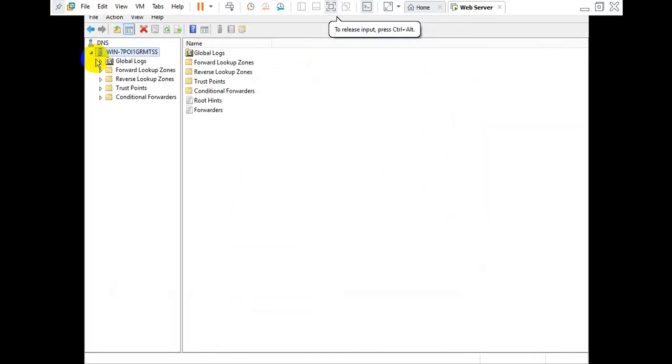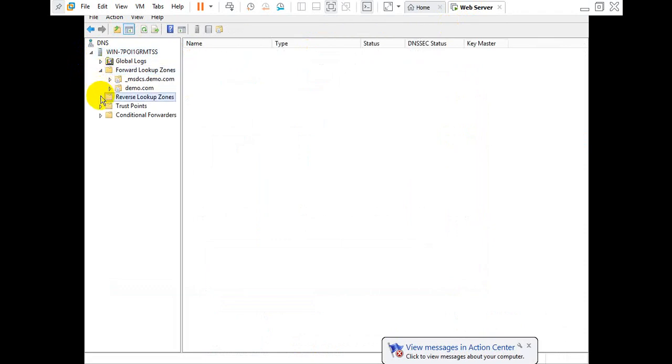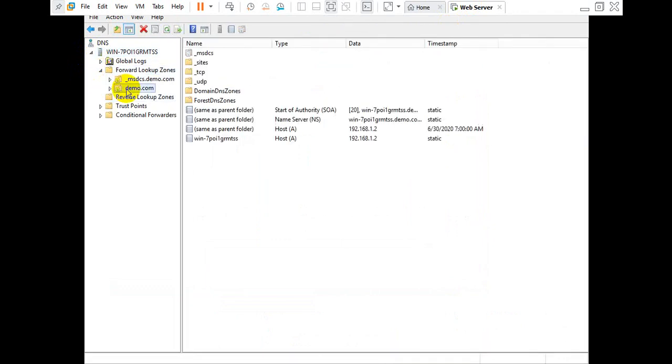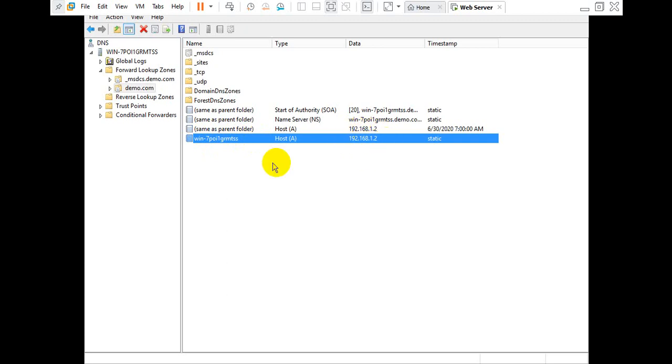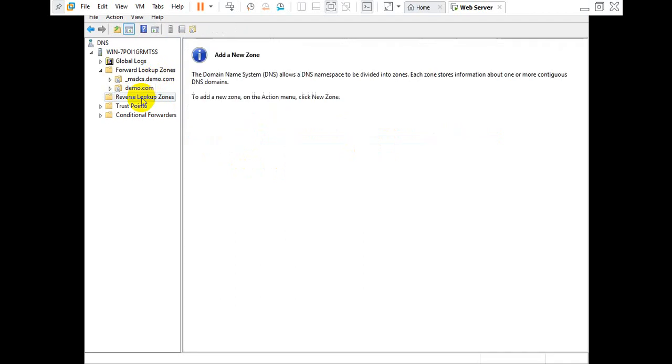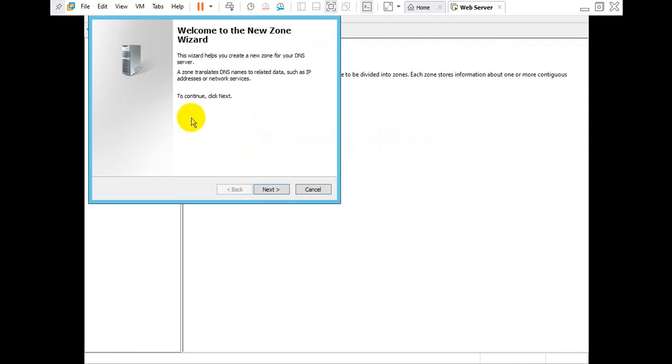Now in DNS configuration we have to put forward lookup and reverse lookup. In forward lookup, here you can see already the name of the computer and its IP address. This is for the forward lookup zone, and for reverse lookup zone we have to create a reverse lookup zone. To do that, you can go on to reverse lookup zone, right click, new zone,